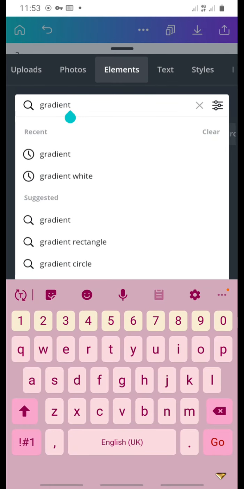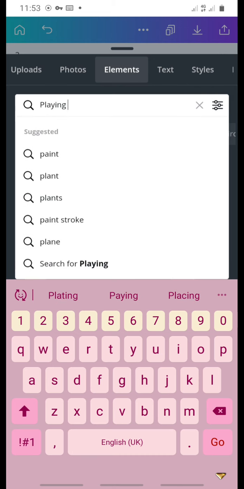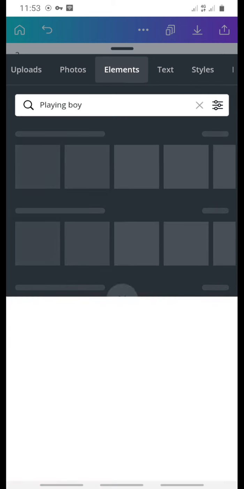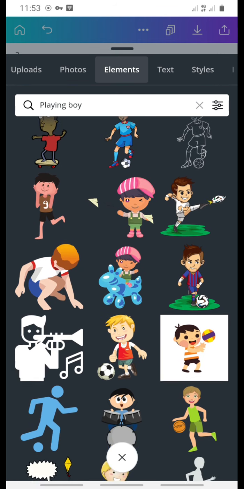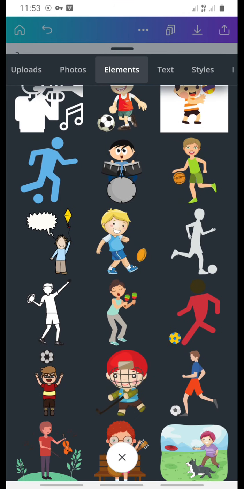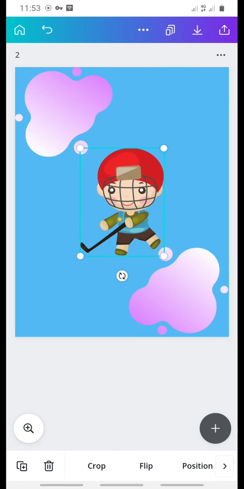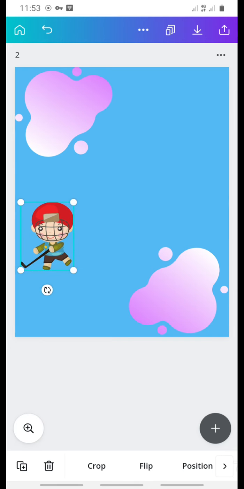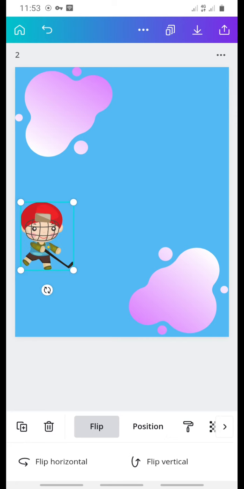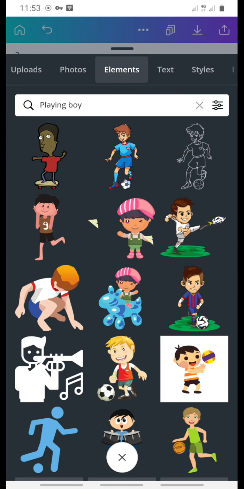So I'm going to click for playing boy, playing boy, go. Okay, I think I'll go with this one. I'll reduce him in size, move him over here, and flip horizontally. Click on the plus button, go to elements,